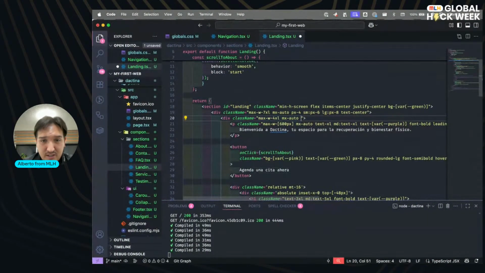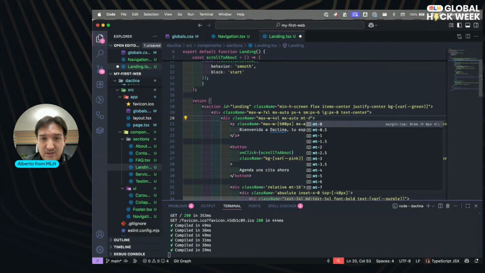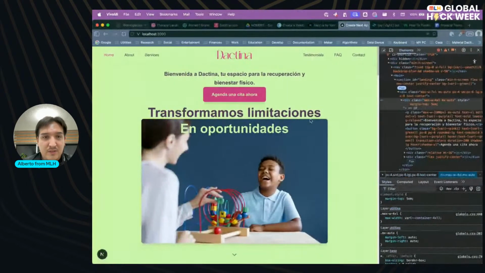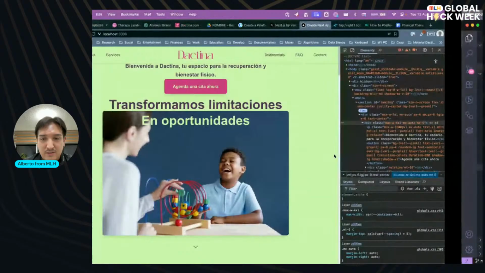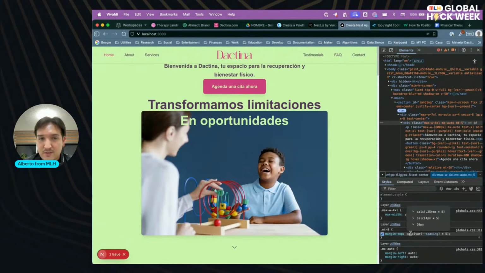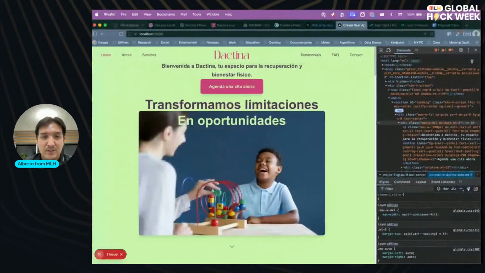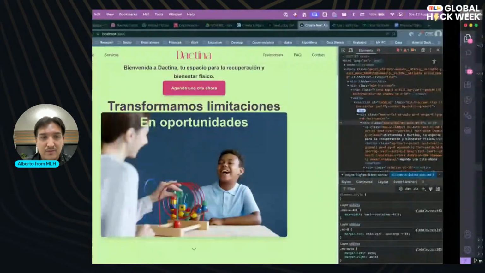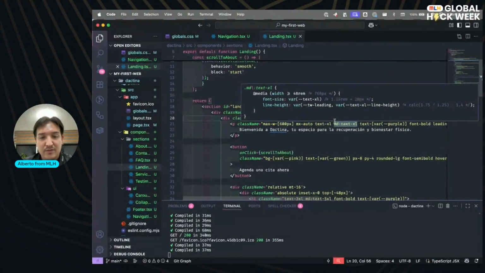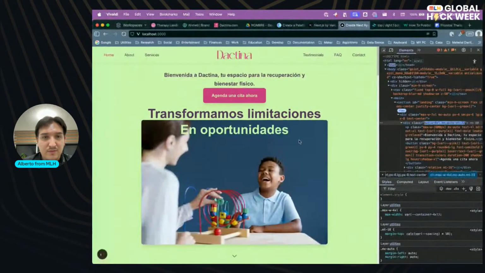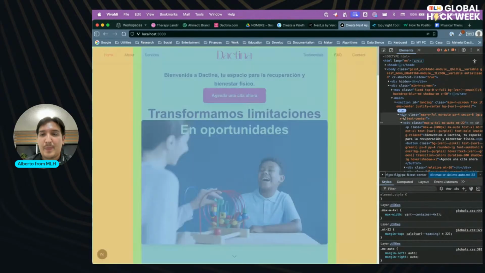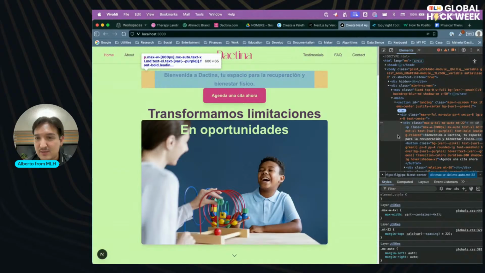I am just missing this. I feel the text is like too wide.